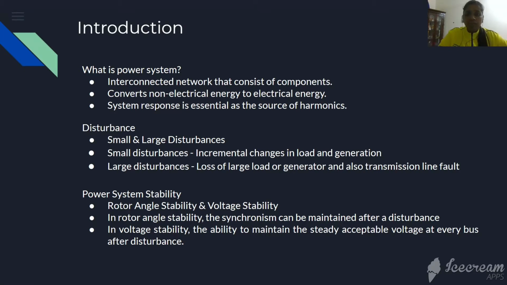The ability of interconnected synchronous machines in a power system to maintain synchronism after being disturbed is known as rotor angle stability. Besides that, what is stability? Stability refers to a state of equilibrium between opposing forces. So the input mechanical torque and the output electrical torque are in equilibrium under steady state conditions, and the speed remains constant. And the equilibrium will be disturbed in the presence of a disturbance.